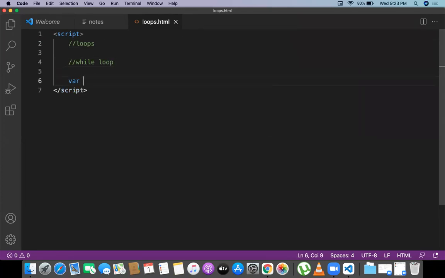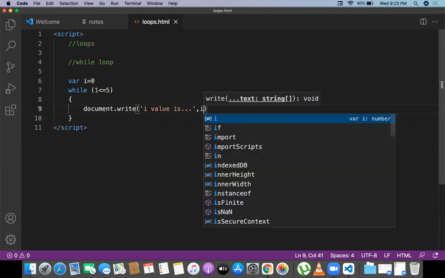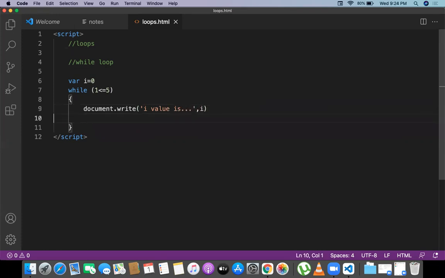Var i is equal to 0, where i means index, and while i is less than or equal to 5. Then I need to print the statements: document.write, "i value is", comma i.